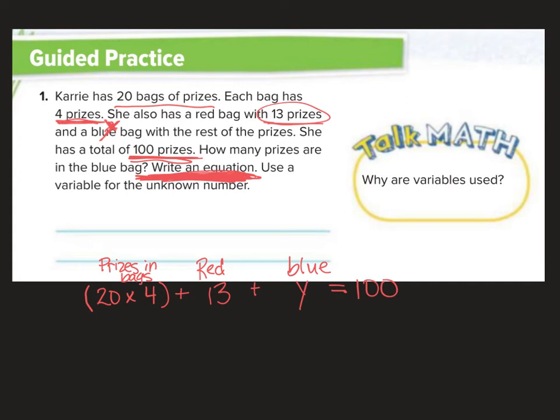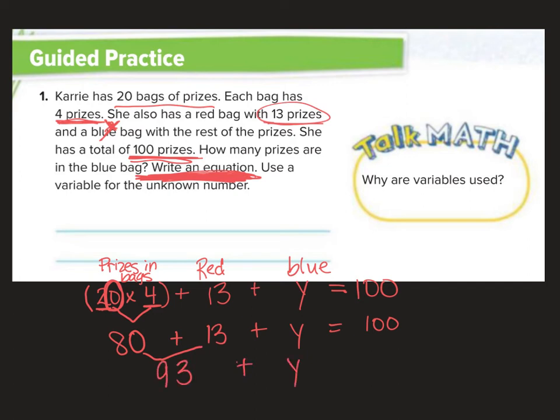So here's how I'd like you to solve it. Ready? 20 times 4. So let's do 2 times 4 is 8. We got a 0 here, so get a 0 in my product. Plus 13 plus y equals 100. That's what I meant by bring everything down. Look at it, it's right below. I didn't even move anything. Everything just comes right down to the next line. Now I have to do 80 plus 13, and that's 93,